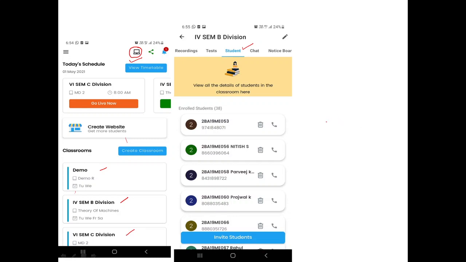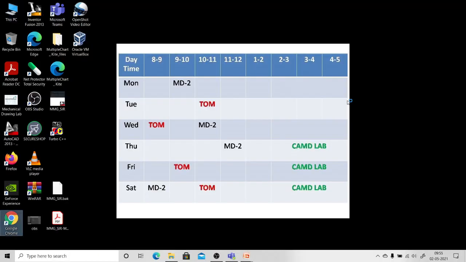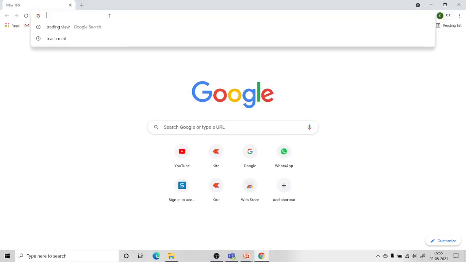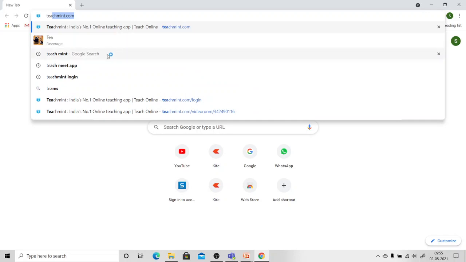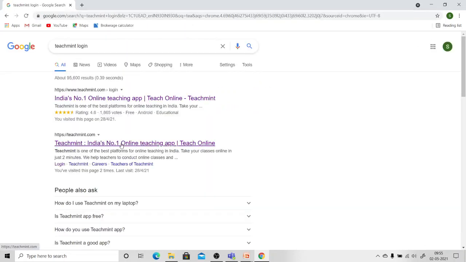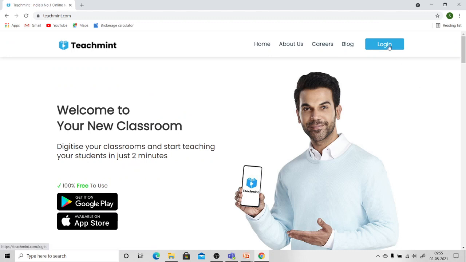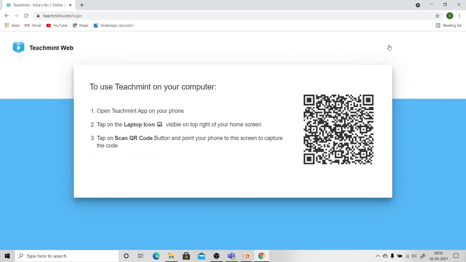To log in on desktop or laptop, you need to go to the TeachMint website. Here you select the login option. Now I'll show here. Click on this login icon. It will give a QR scanner here.